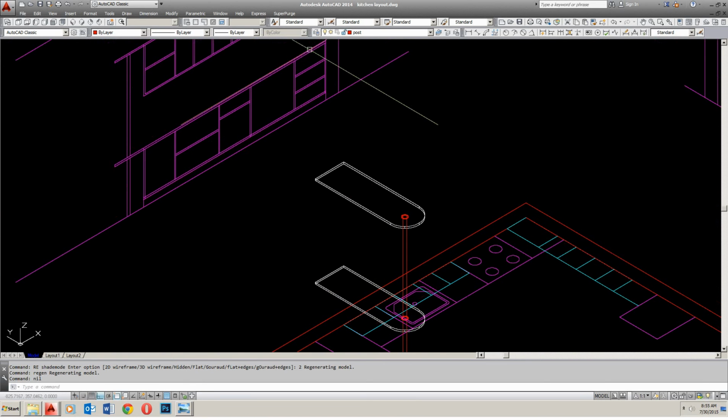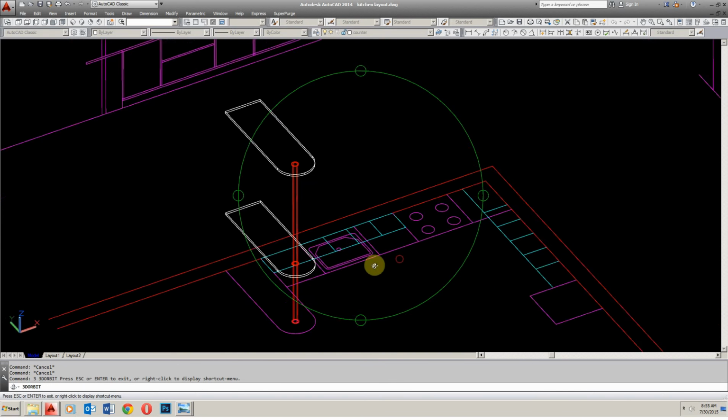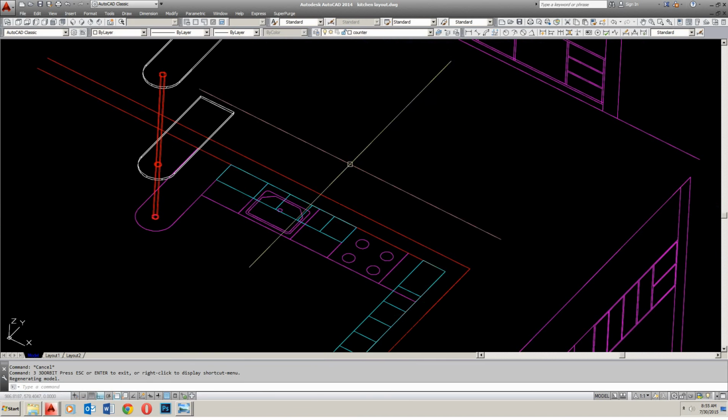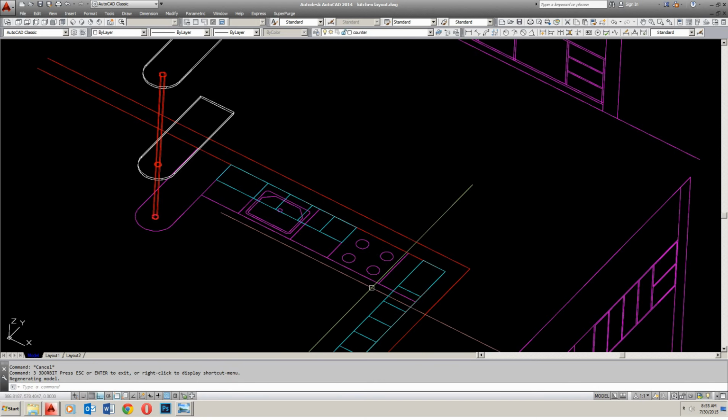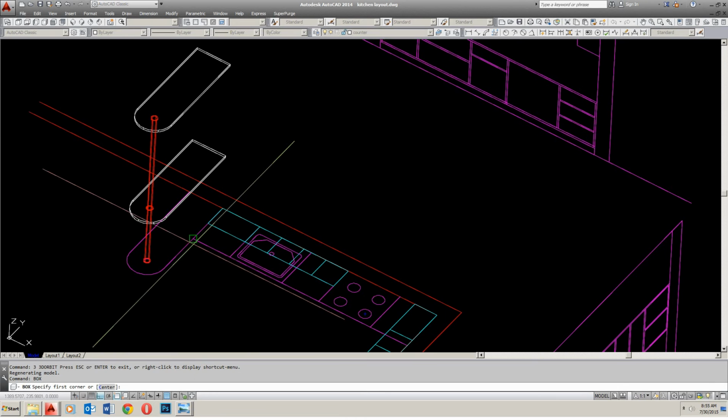Now let's do this counter. Let's make a layer called counter. Go to the side. Again, I'm telling you, you can look at this part of the screen and you can see the commands I'm using. So let's just draw a box